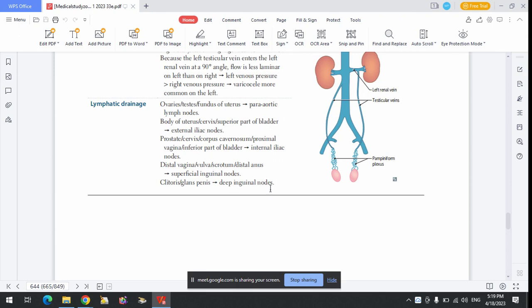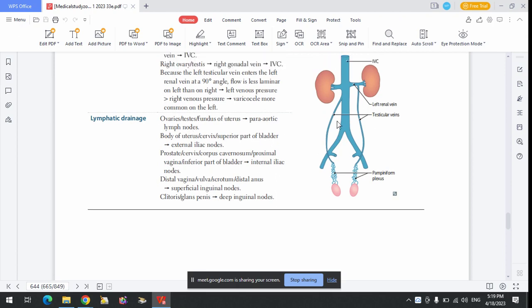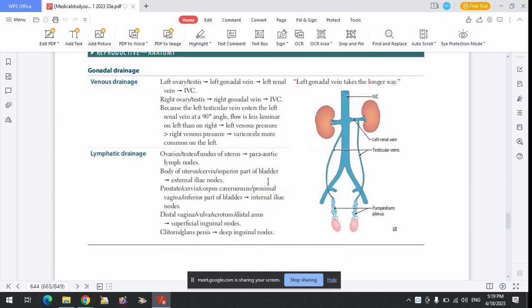Now, the structures that are most superior are your gonads, the ovaries, the testes, as well as the fundus, that is the superior portion of the uterus. They are all at the same level. If you picture the uterus, you know that the fallopian tubes and the ovaries are at the same level as the fundus of the uterus. You can picture that, right? So that means that the testes, the ovaries, and the fundus of the uterus are drained by the para-aortic